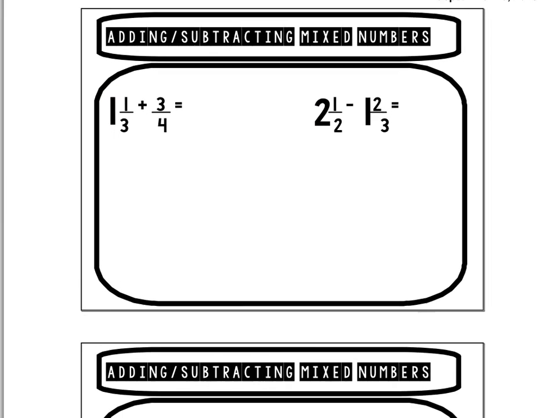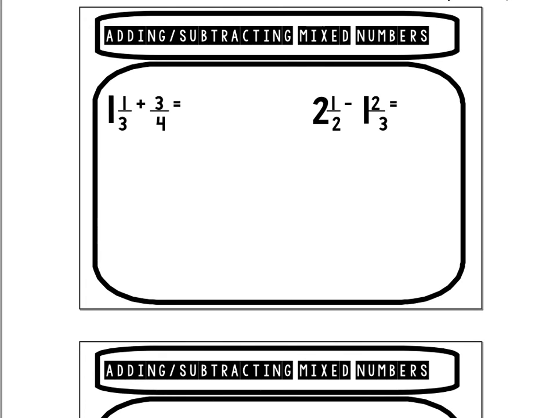When you start doing the problems with mixed numbers and you don't have a common denominator, the first thing you need to do is get a common denominator. So on this first problem, my common denominator would be 12. And I'm going to bring down that whole number. The whole number isn't affected by the change in denominator. So to get to the 12, I had to multiply by 4. So I have 1 4/12 plus, I had to multiply by 3, 9/12,